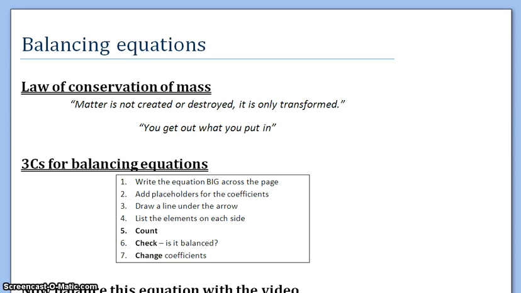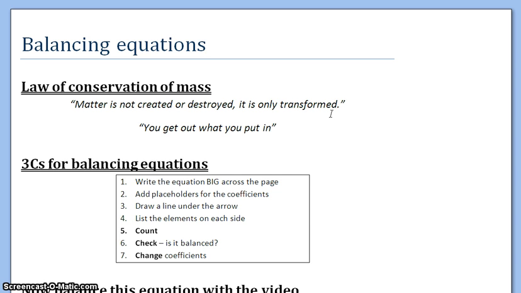Balancing equations. Balancing equations depends on the law of conservation of mass. Think of it as a law of the universe. It always applies. The law of conservation of mass says that matter is not created or destroyed. It is only transformed. So when you mix chemicals together, nothing ever disappears or gets magicked out of